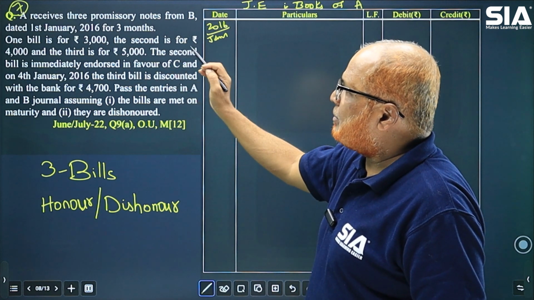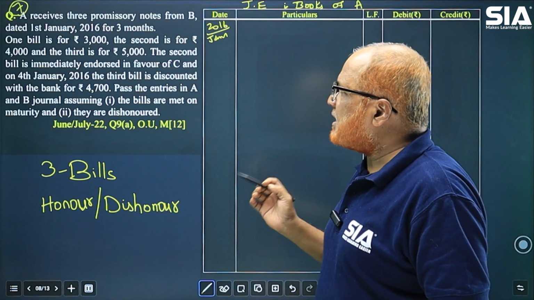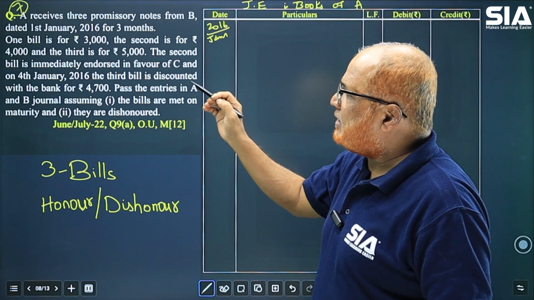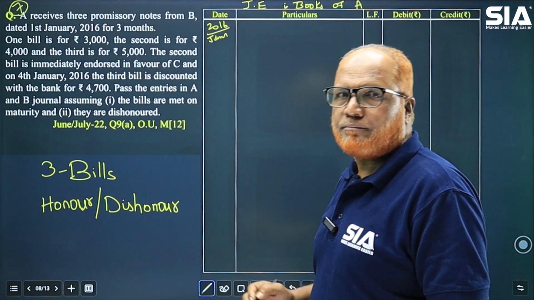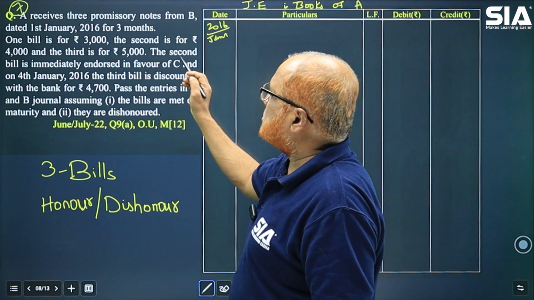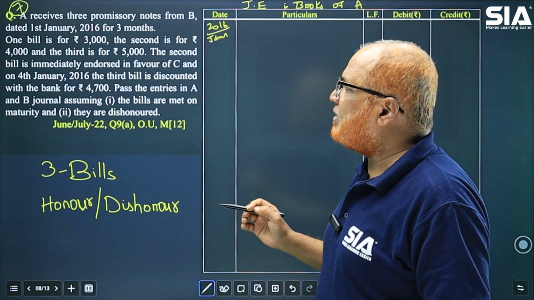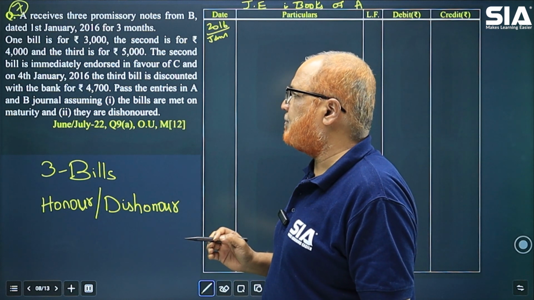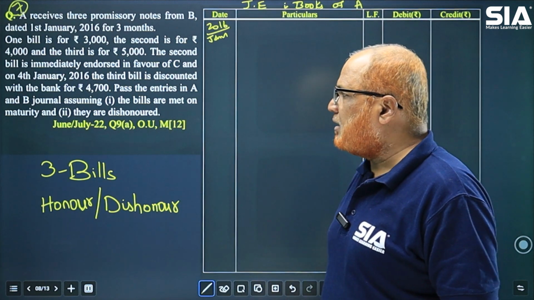A receives three promissory notes from B dated 1st January 2016 for 3 months. One bill is for 3,000. The second bill is for 4,000 and the third bill is for 5,000. So 5 plus 4, 9, 10, 11, 12. So total 12,000 rupees of bills has been received by A, right? The second bill is immediately endorsed in favor of C. And on 4th January 2016, the third bill is discounted with the bank for 4,700. Pass the entries in the books of A and B, assuming that the bills are met on maturity, and secondly,